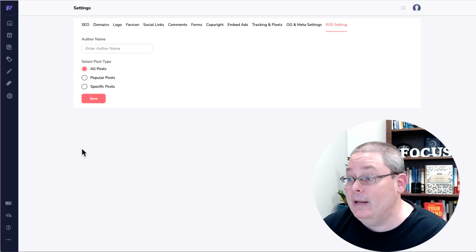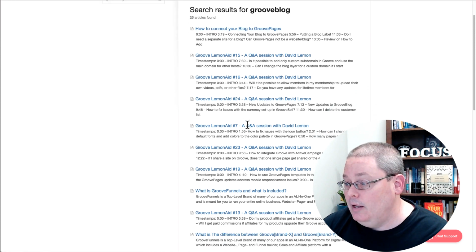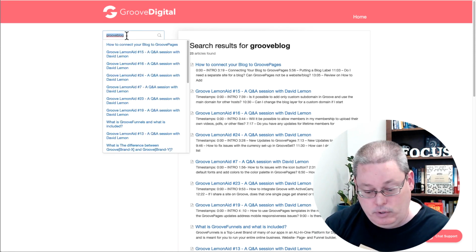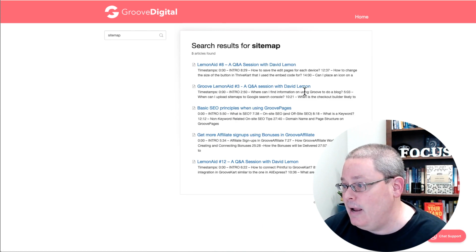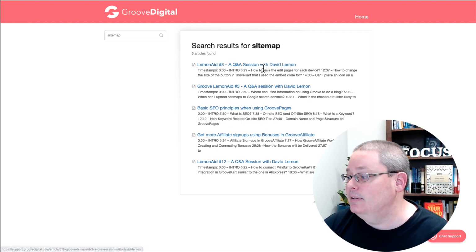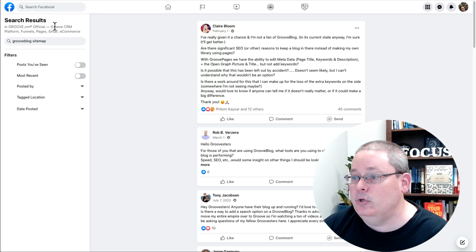Now, inside of GrooveBlog, I went under the help desk and opened it up and searched for GrooveBlog. I didn't actually search for sitemap. I believe that Groove Pages has a sitemap, but here are some basic principles. You can see all of these pages and you can go through this. This isn't the best documentation, in my opinion. There was a video here about connecting your blog to your Groove Pages. So then I went to the Groove Pages